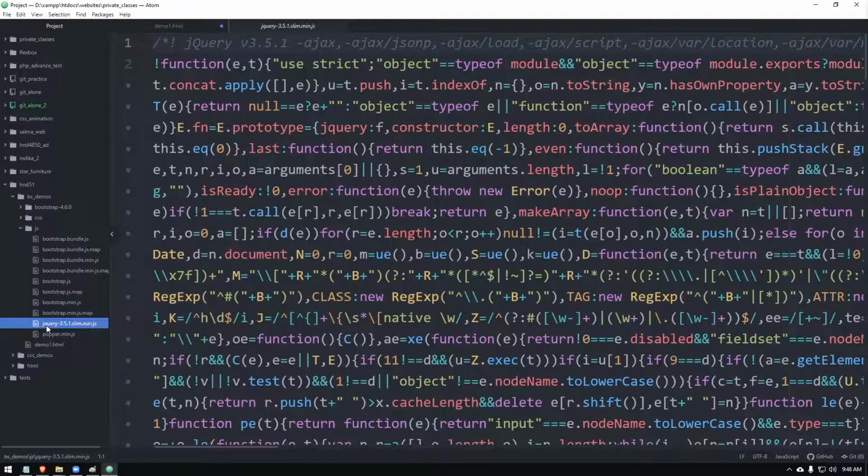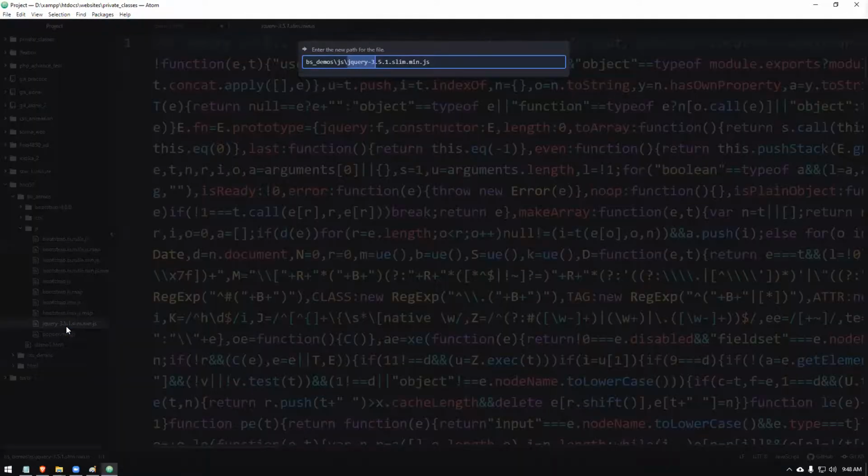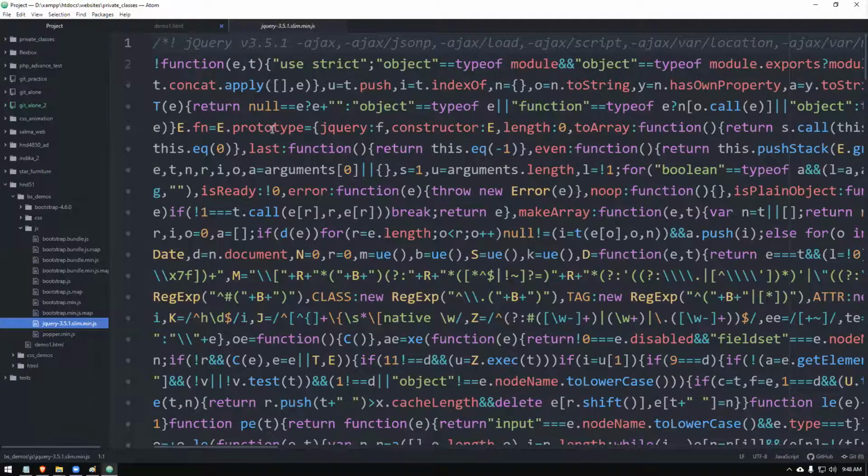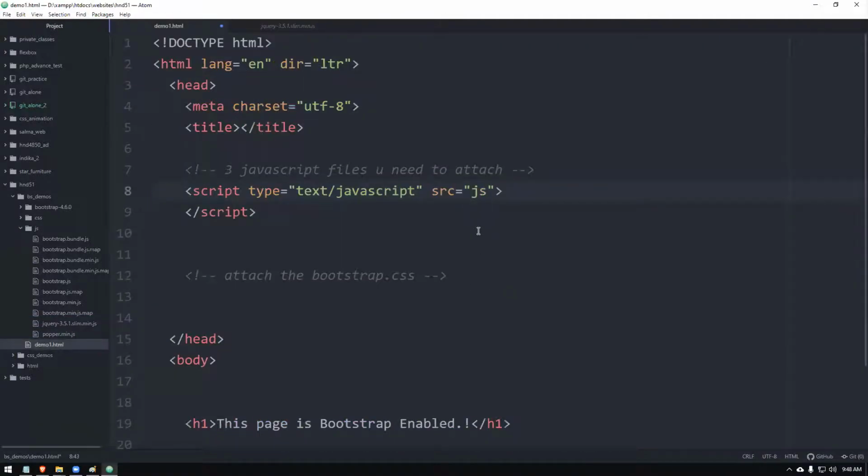So in order to do it without messing up, I'm going to select that file and press F2, yes, renaming. I can copy the whole thing properly. Then I can come here. I will type JS forward slash, and I will type the path like that, right? So that is about the jQuery first.